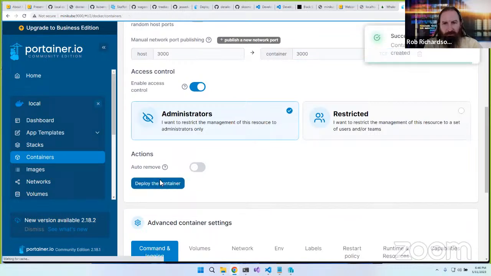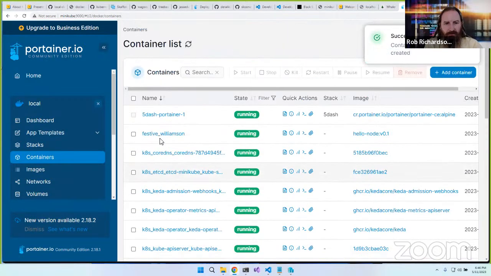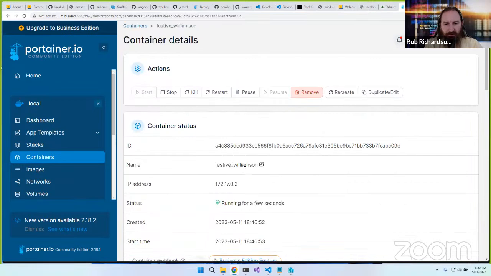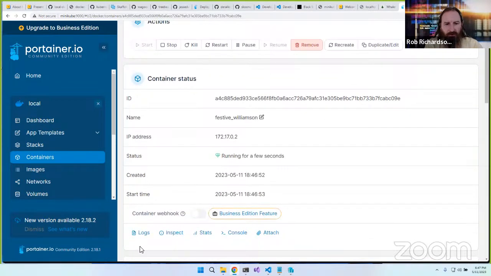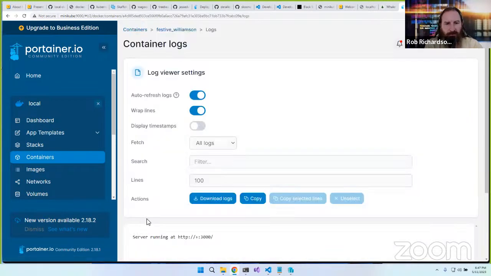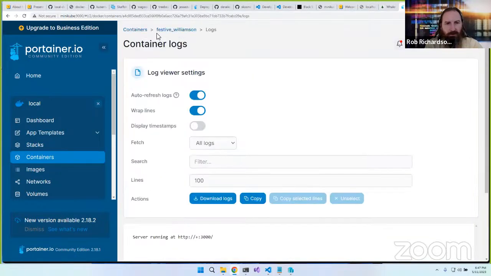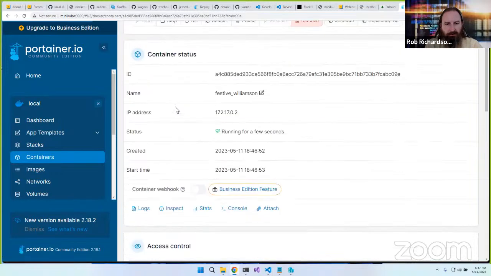Now, the cool part is that I was able to start my container. So here's the container that we started. It's Festive Wilson, and it was based on that node image. We can take a look at the console logs. So there's the console logs that we started. We can also go take a look at the